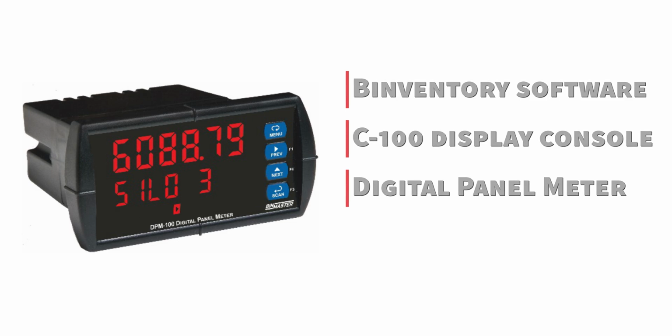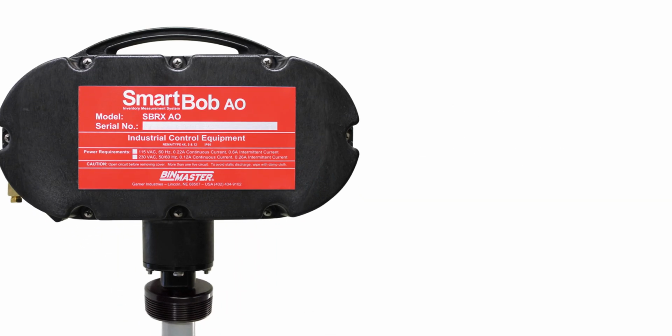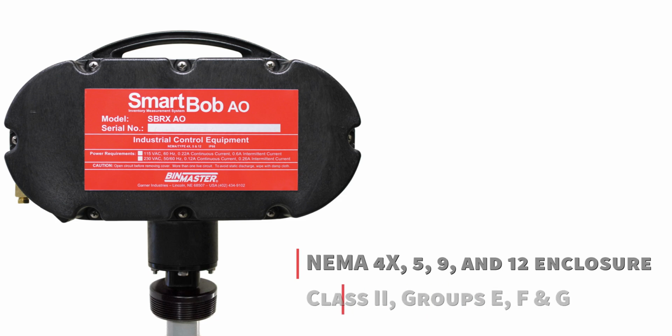SmartBob is built for long-term performance. It installs using a 3-inch NPT mounting plate. It's protected in a NEMA 4X, 5, 9, and 12 enclosure, and it's certified to Class 2, Groups E, F,